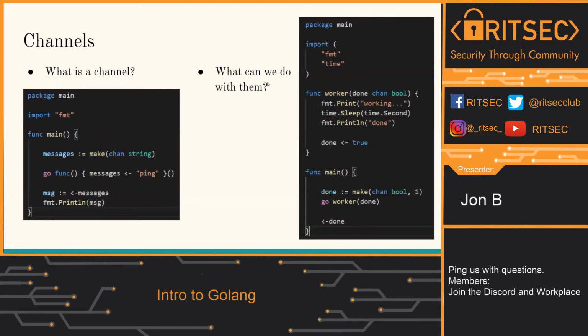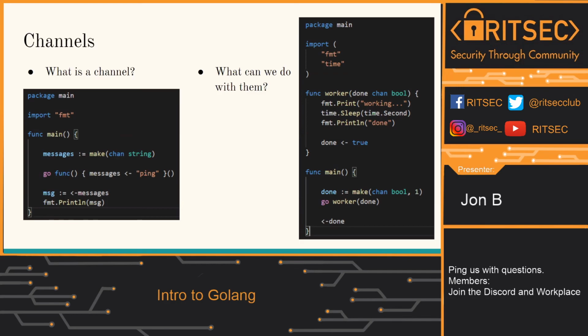So now we're going to get into channels. I don't fully understand channels, so I'm just going to share the knowledge I know on channels. Channels are pretty much just pipelines that can connect concurrent Goroutines. This means that you can send data between Goroutines so that they can actually talk to each other.